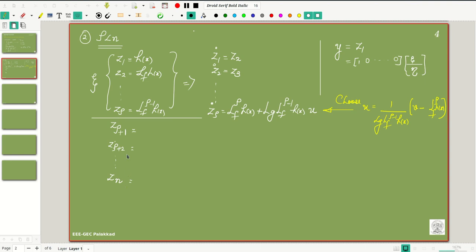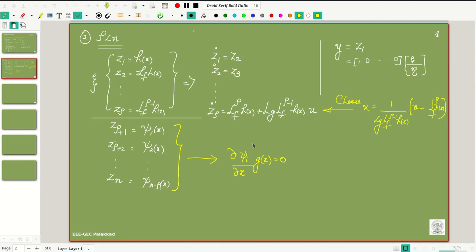For these terms, we have to choose them. Let me choose these terms as psi 1 of x, psi 2 of x, etc., up to psi n minus rho of x, since n minus rho terms are needed. So the condition that we put on these psi's is that dou psi i by dou x into g of x should be equal to 0, so that the whole system will be in normal form.